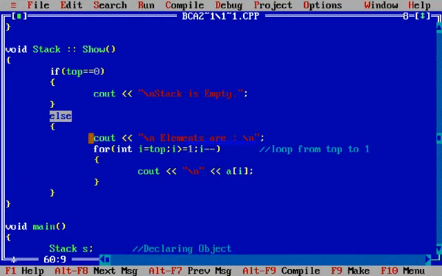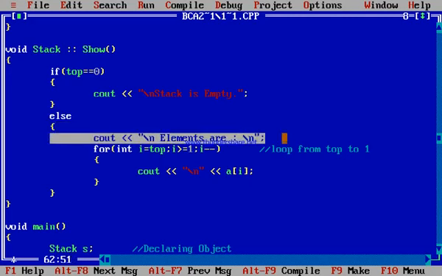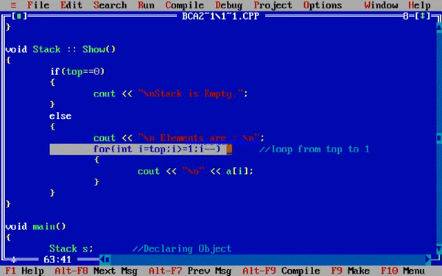For displaying the elements, first I write the message here, elements are, and here you can see a for loop. In the for loop, while displaying the elements of the stack, the loop must run from top to 1 because the stack follows the last in first out structure. That means the topmost element is deleted first.